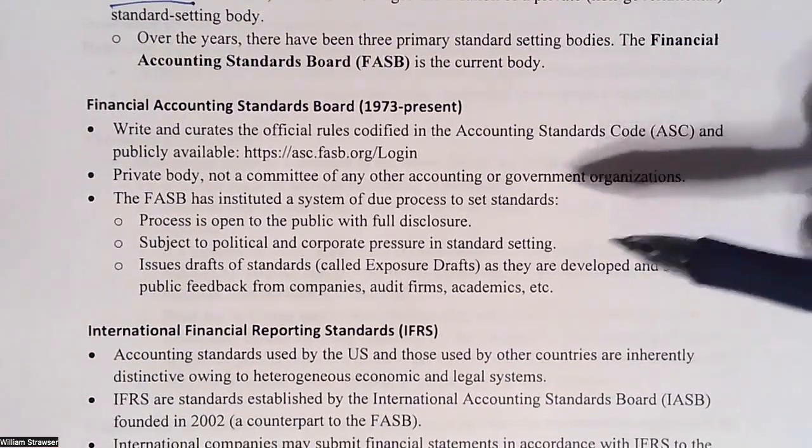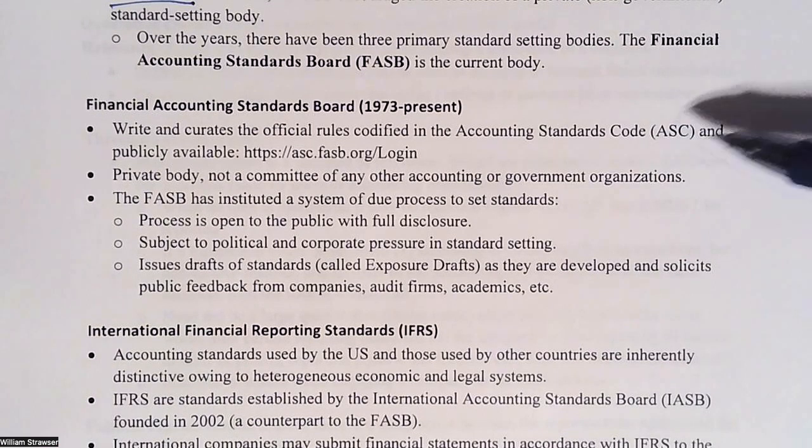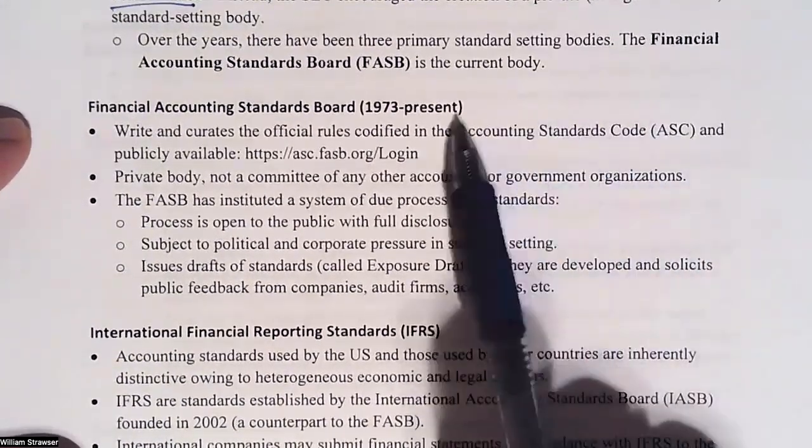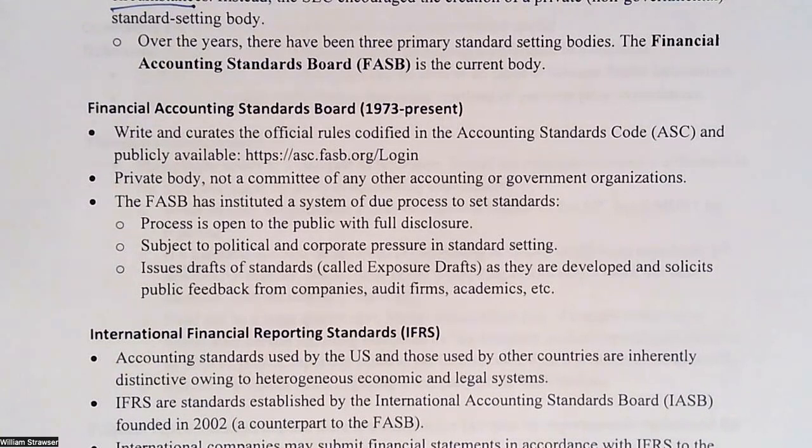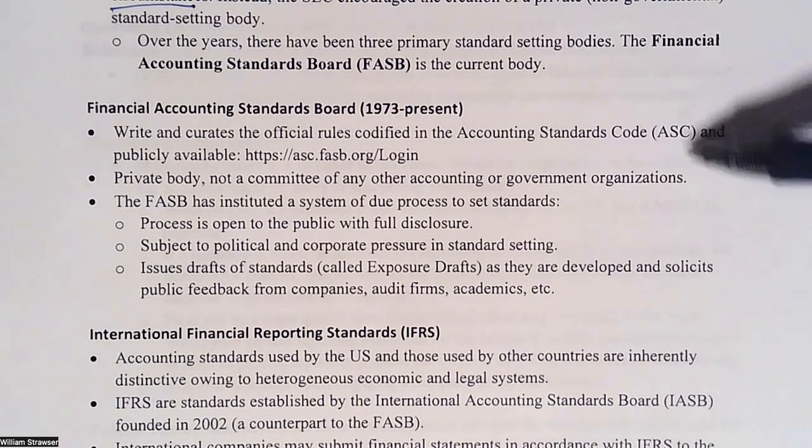Now, you can find all of the information about US GAAP. It's publicly available, all codified into a unified system. It used to be numbered rules, which was a pain to remember. Like SFAS number 157 deals with fair value, and SFAS 328 might deal with hedge accounting. There was no rhyme or reason. It was just chronological order, more or less. Now they have a much more intuitive, easy to search system so that if you weren't sure about the accounting for something, you can look it up on this website in a relatively straightforward fashion.